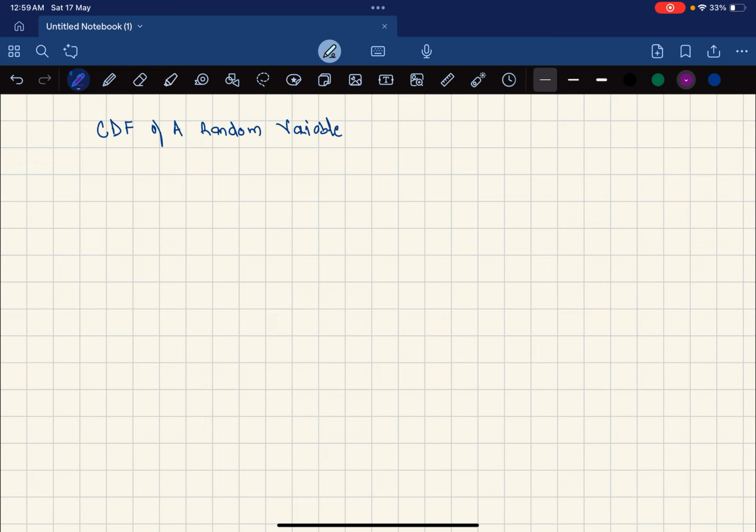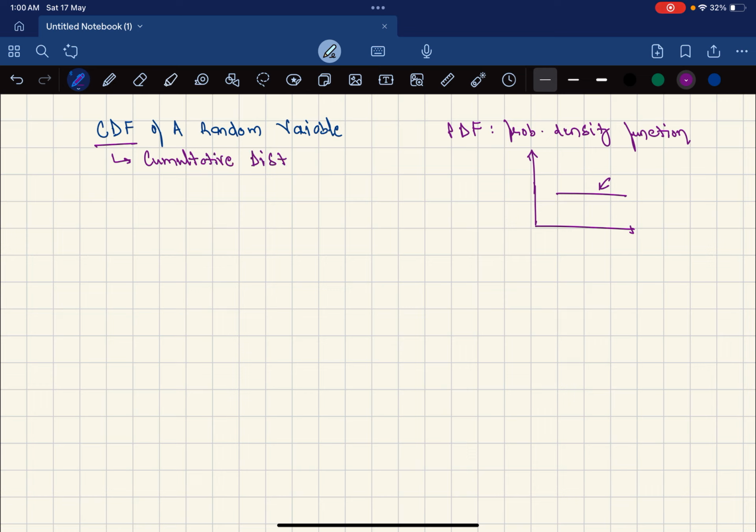So till now we have looked at PDF, which is probability density function, which gives you the value of the function which we had here as a uniform distribution. So this function is called the probability density function, and the CDF is nothing but it's called the cumulative